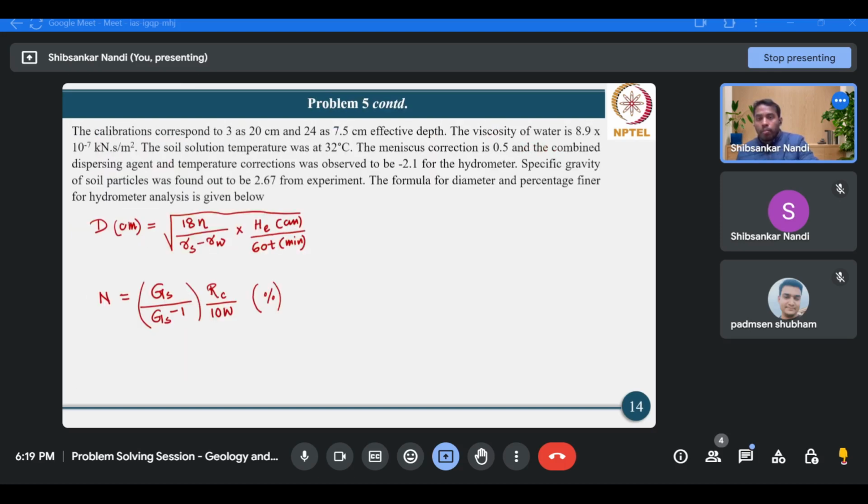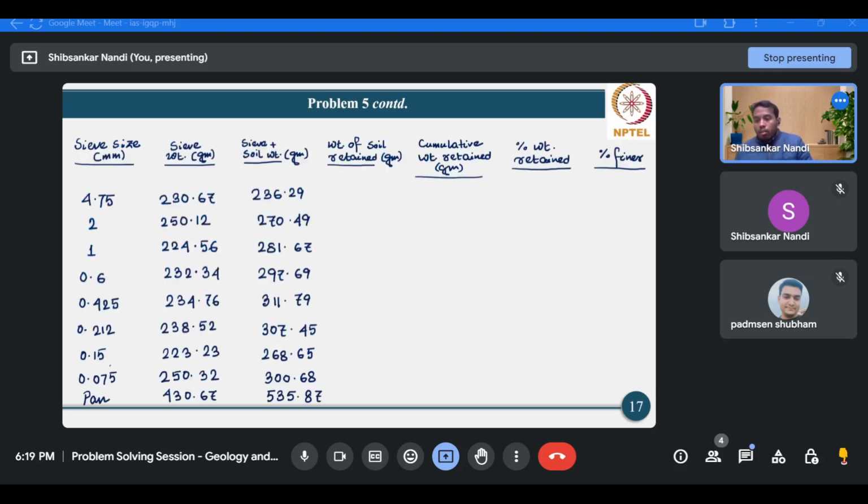Okay, so for your easy reference, I'm writing here. So this second column is basically taken from table 1, and this third column is taken from table 2. Now, as we discussed earlier, we'll first calculate the weight of soil retained for each sieve, starting